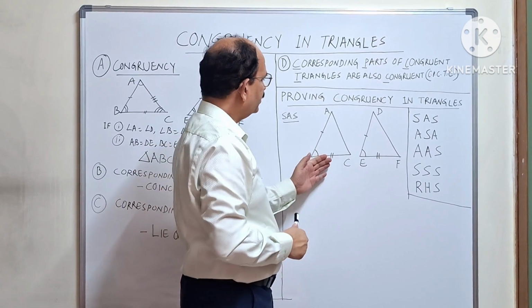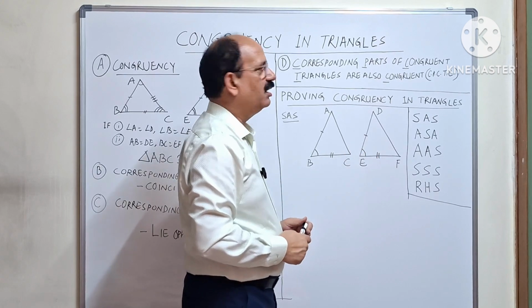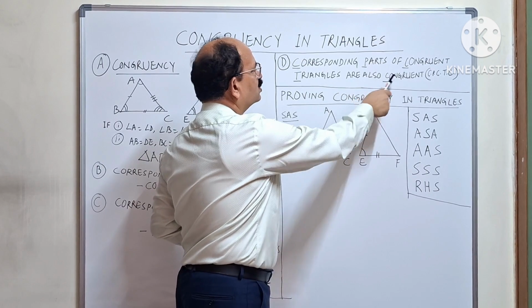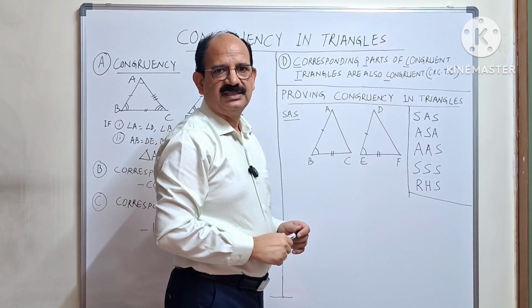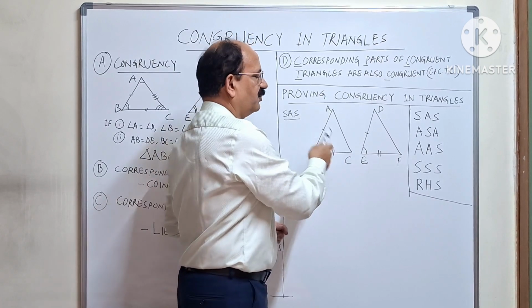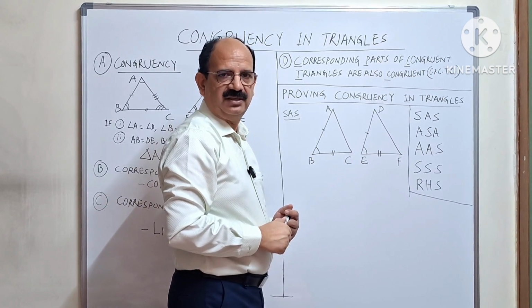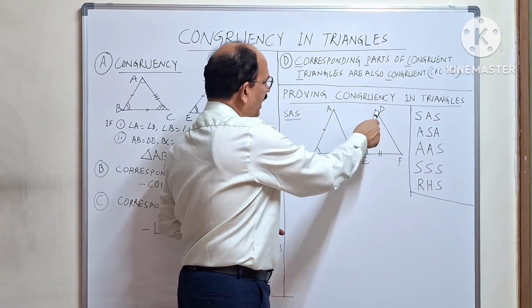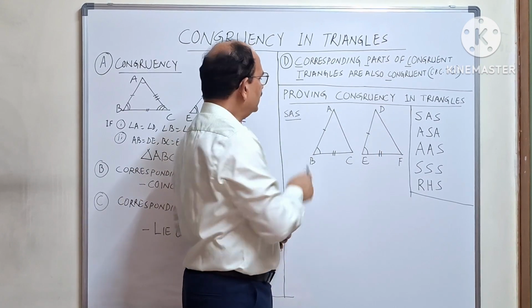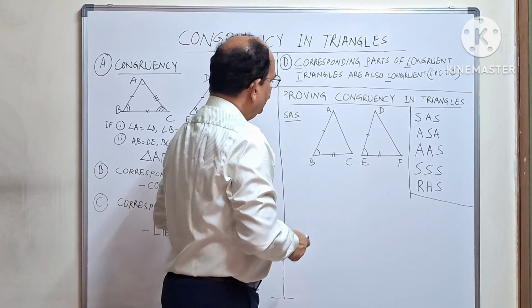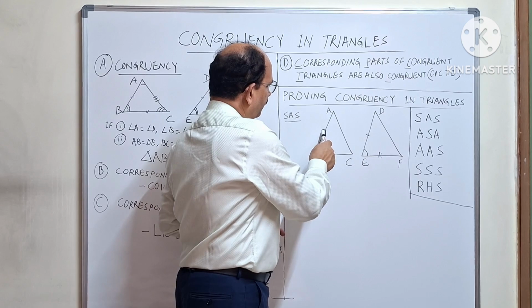And because these two triangles will be corresponding, therefore corresponding parts of congruent triangles are also congruent. CPCTC in short it is called. That will be applicable for these two triangles. What does that mean? That because these two have been proved congruent using the SAS method, so then opposite to this